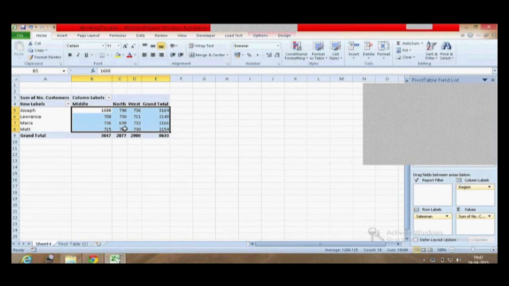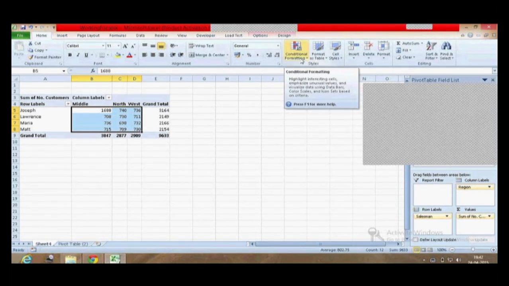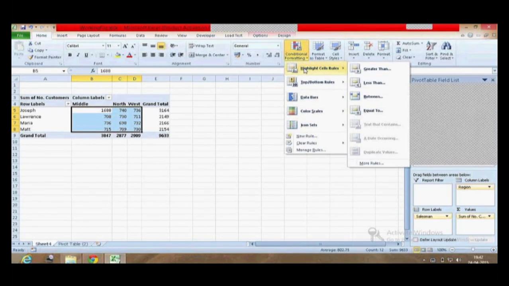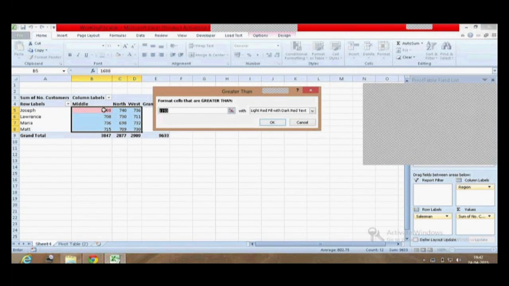Then drop down and choose custom format. In the format dialog, I'm going to go to fill and select the fill I want, and then hit OK. And then one more OK. So there I am.